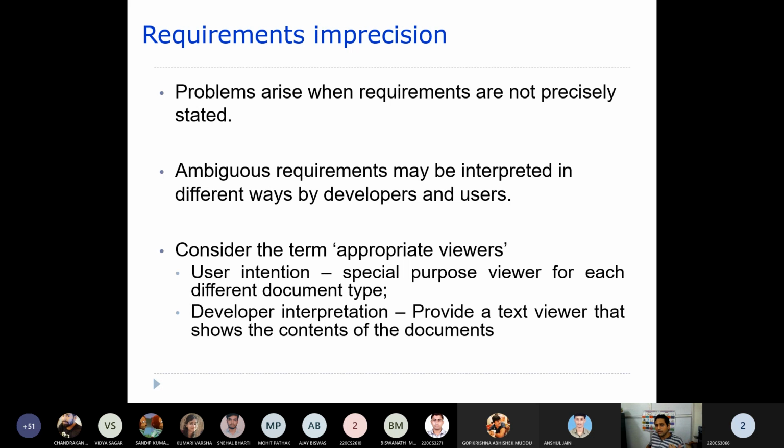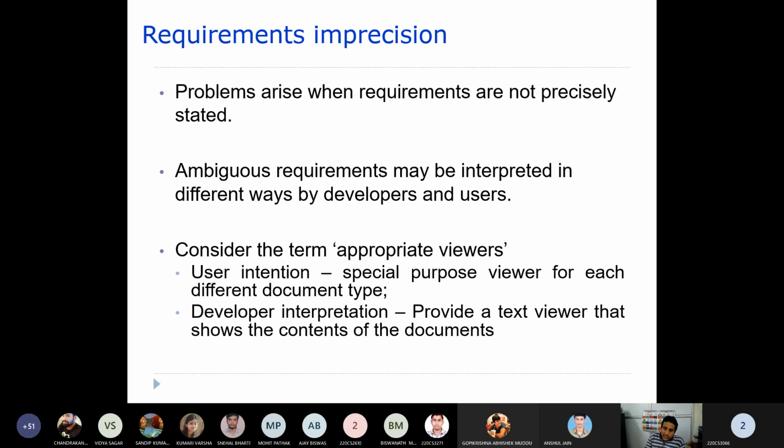The developer will think that appropriate viewers means that whatever the contents of the documents are, they should be provided to the user in a text format.